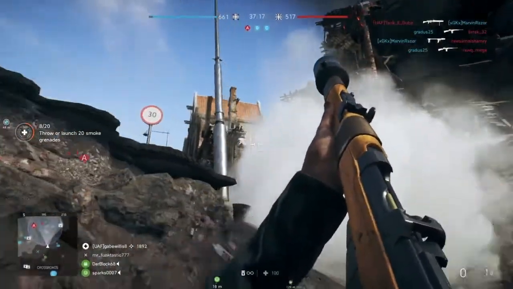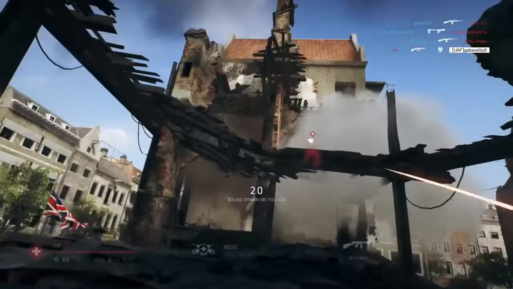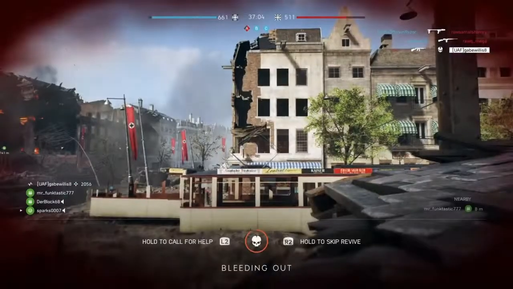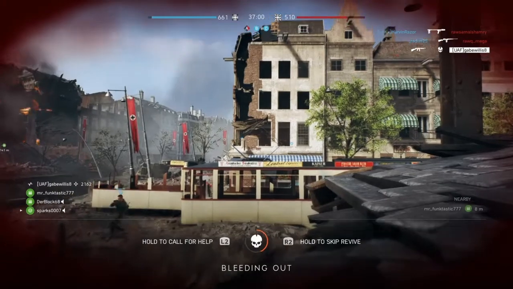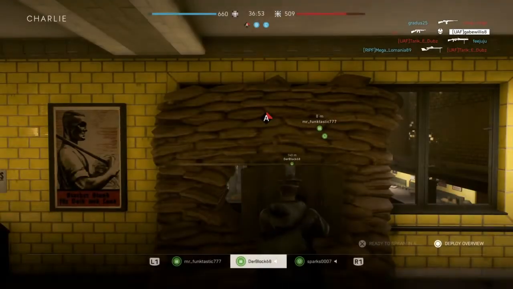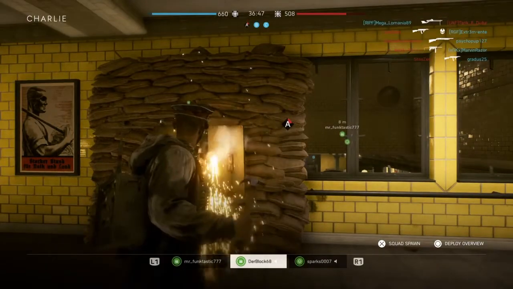So the new maps that are coming, obviously, Al Mirage encampment on Conquest, Breakthrough, TDM, and Squad Conquest. Then Province, which is Conquest, Breakthrough, TDM, and Squad Conquest as well. So now we will be going to the weapons and gadgets being added. So it's the Shogren shotgun for the support class, the Shoshat, the M3 infrared recon, which I believe is like the night vision M1 carbine, the K31 and 43 for the recon,